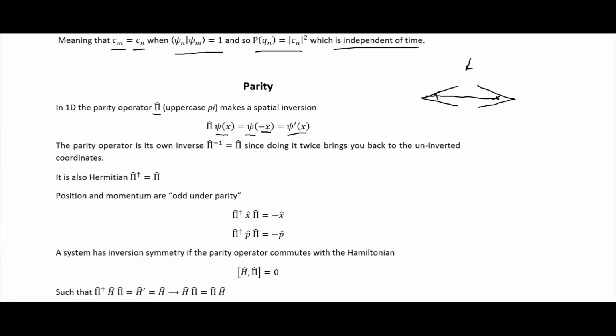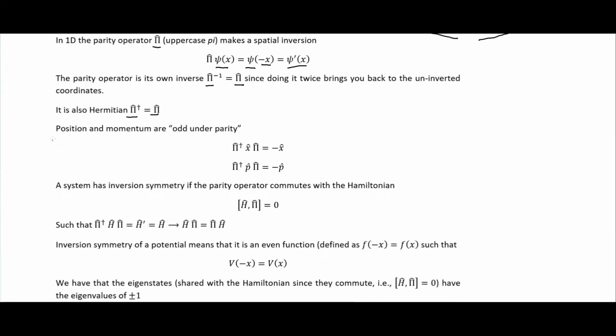And so these parity operators are their own inverse, and it's also Hermitian, and so it's equal to its own transpose, its conjugate transpose. So the position and momentum are odd under parity. So we have our position operator here and our momentum operator right here. And what negative parity or odd under parity means is essentially, so if you have a function, say you're in